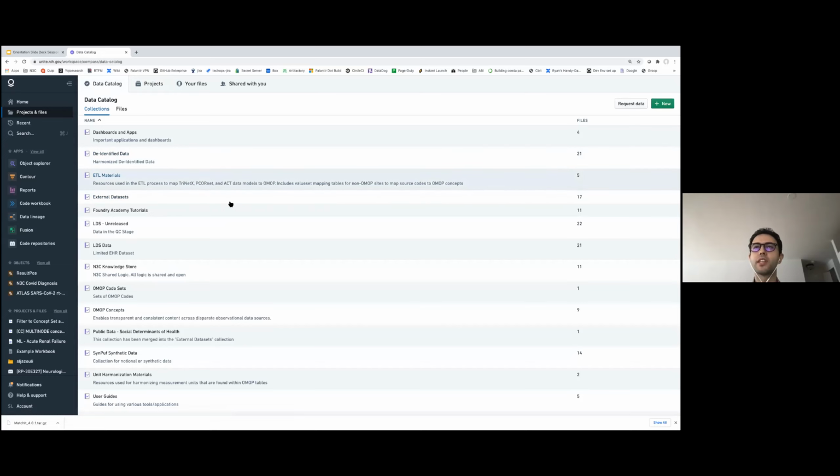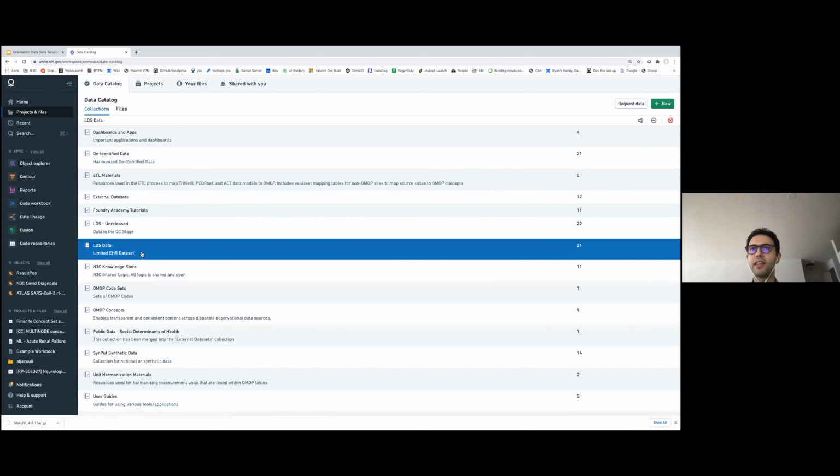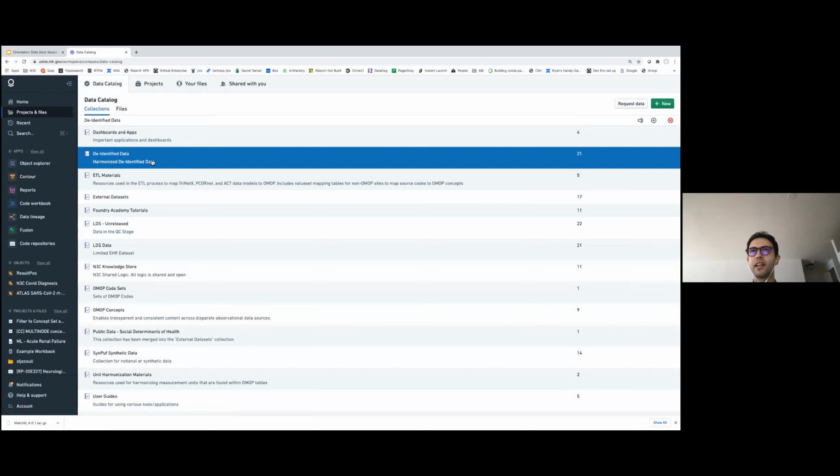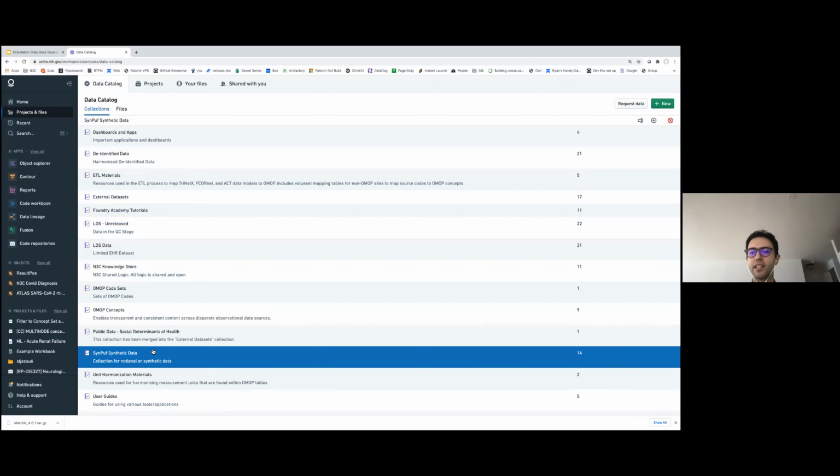I'll come back to it in a bit, but you can notice here there is an LDS data folder, which is the collection of domain tables if you have LDS access, and an equivalent de-identified data folder, which has the domain tables if you have de-identified access instead of LDS. We're going to be looking at the SynPath synthetic data folder, which has public domain tables similar in schema to LDS and de-identified data.